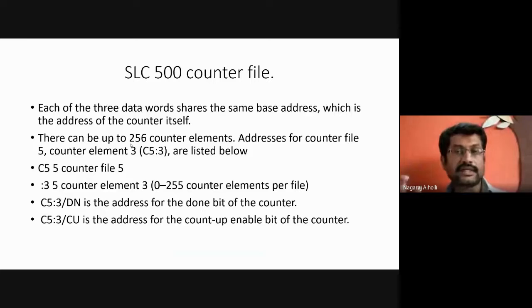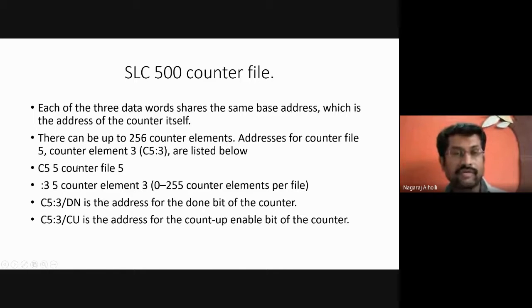How many maximum counters can there be? There can be maximum 256 counters. This C5:3 is one of the counters. Then C5:255 is the last counter, the 256th counter. We can have the counters from 0 to 255, or 256 counters.